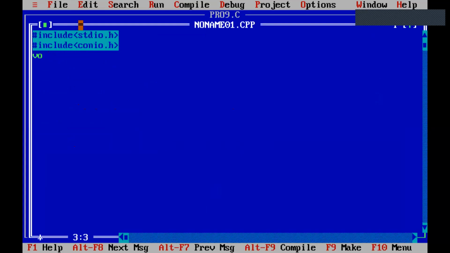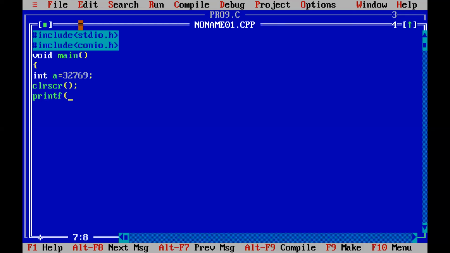So void main, block started, integer a equal to 32,769, I believe. CLRSCR. Percentage d comma a. Okay. First save your program.